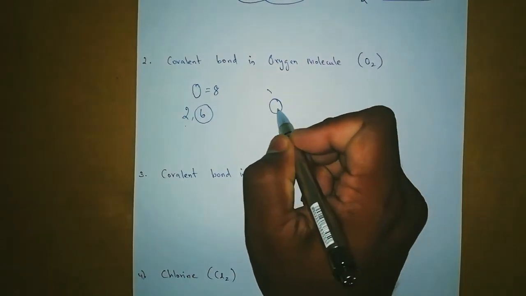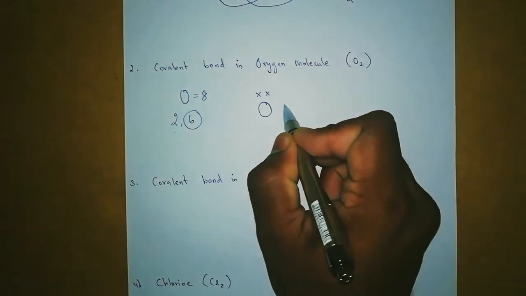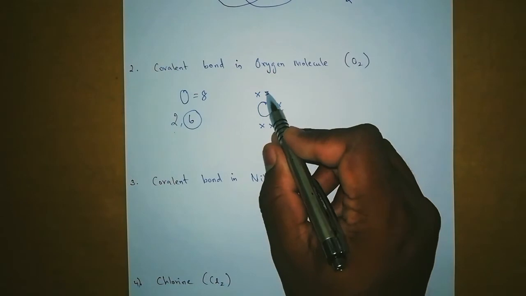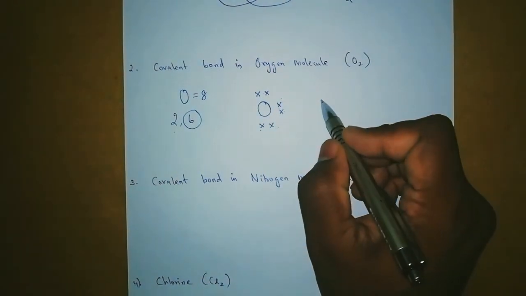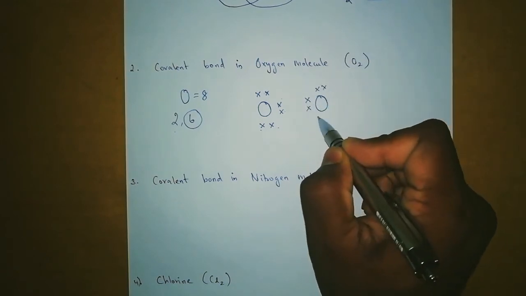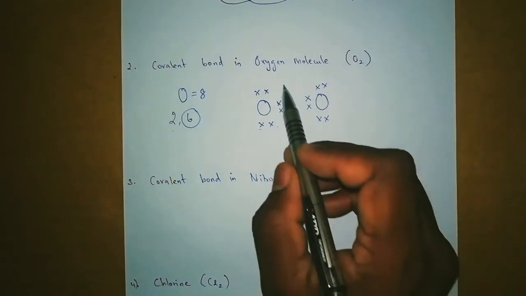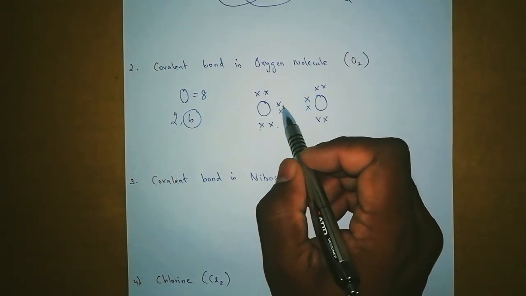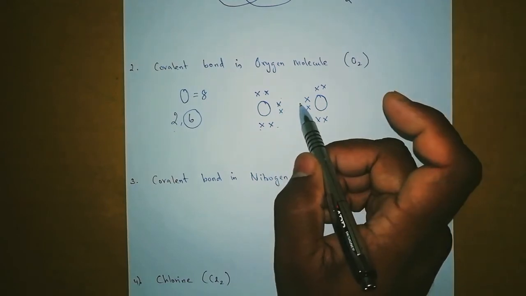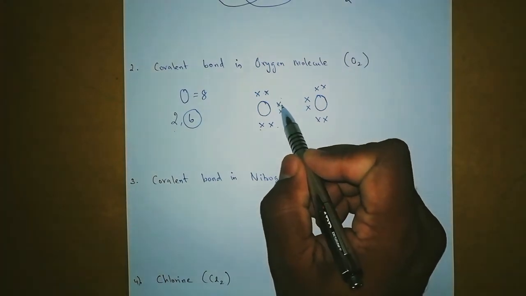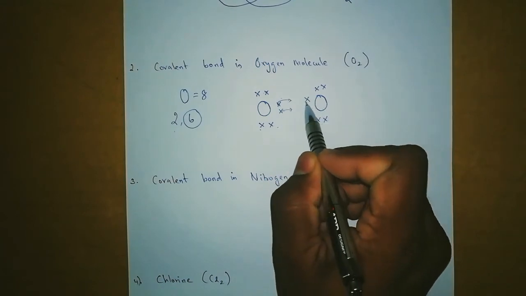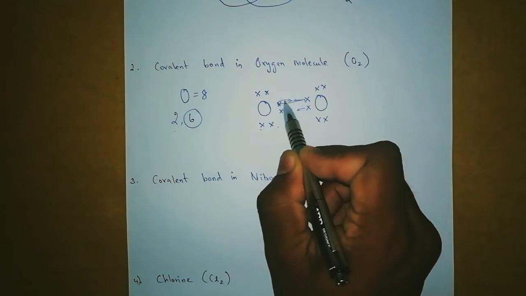So I can put a cross also, and also you can put a dot also. That's not a problem. Okay, this oxygen is having 6 electron, 1 2 3 4 5 6, and this is going to combine with another oxygen, and that oxygen is also having 6 electron in the outermost shell, obviously. So what happened? Once they started sharing their electron, it's not possible for an oxygen to share one electron. So they share 2 electrons. So this oxygen is sharing this as well as this, and this oxygen is also sharing this as well as this. So there is a bond formed between them.